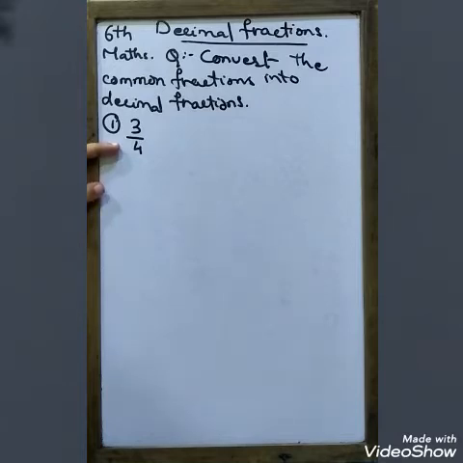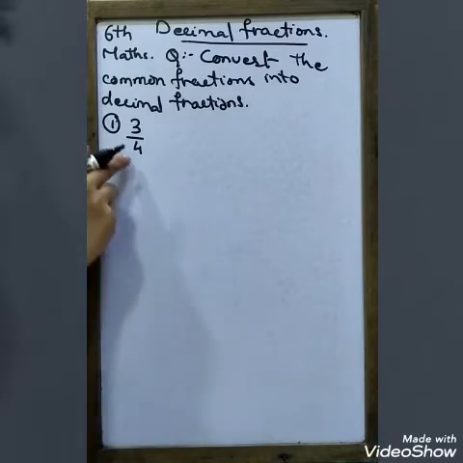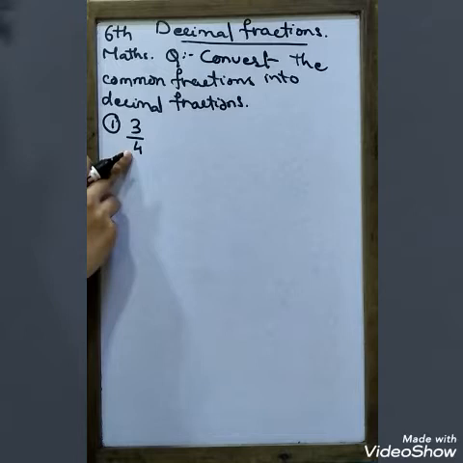तो डेसिमल फ्रैक्शन में कन्वर्ट करने के लिए आप क्या करेंगे? 3 अपॉन 4 यानी डिनोमिनेटर को इस तरह से आप चेंज करेंगे कि ये डिनोमिनेटर आपका टेंस, हंड्रेड्स और थाउजेंड्स में जाए और ऊपर जो है आपका आंसर जो है इस तरह से आ जाए कि वो आपको आसानी के साथ डेसिमल्स में कन्वर्ट हो जाए. तो यहाँ पर जब हम देखते हैं तो 4 को अगर हम मल्टीप्लाई करेंगे 25 से, so it becomes 100.